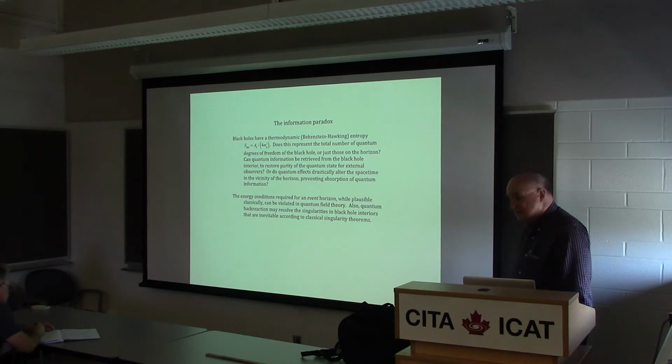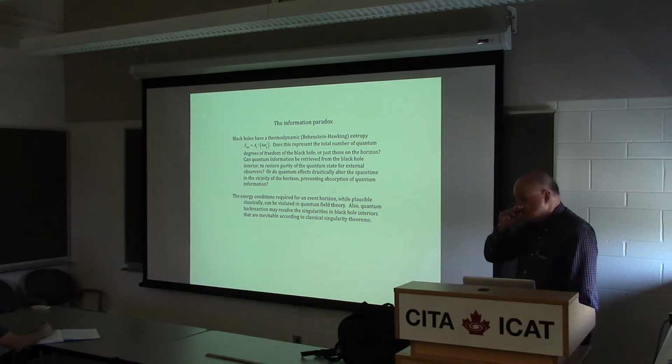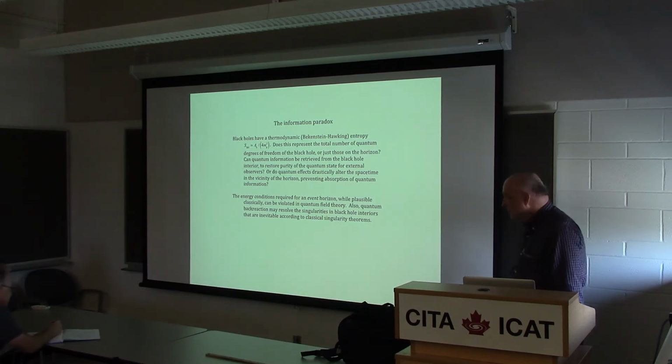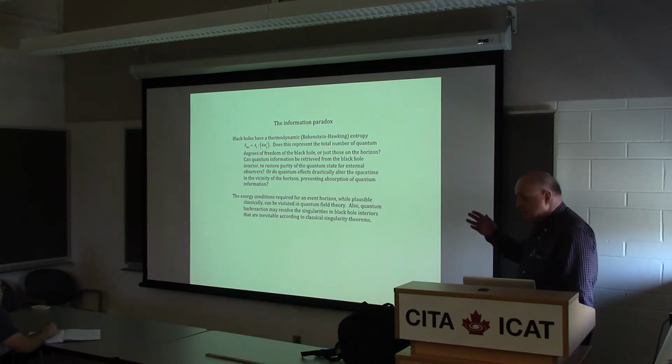I find it very hard to believe that for a very large black hole, say a 10 to the 6 or 10 to the 9 solar mass black hole, something peculiarly quantum mechanical happens right at the horizon, in which the gravitational and tidal forces are weaker than they are at the surface of the Earth for a very large black hole. So anyway, and the other point is that the whole idea of an event horizon, and this is what really bugs